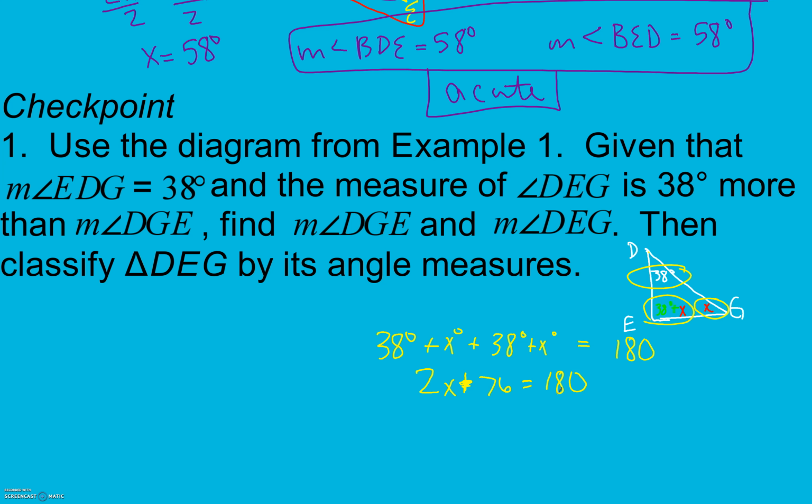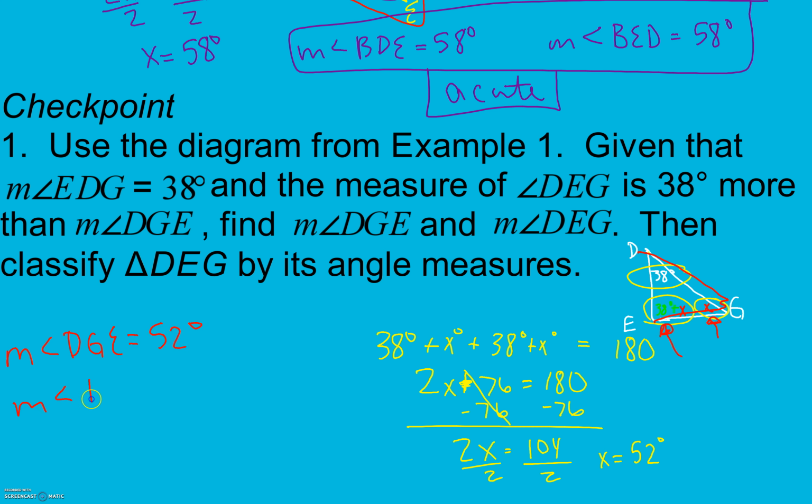Now, left side's as simple as I can get it. Right side's as simple as I can get it. I can subtract. We always add or subtract first. Then multiply or divide. So x is 52, which means that the measure of DGE here is 52 degrees. And to find the measure of angle DEG,